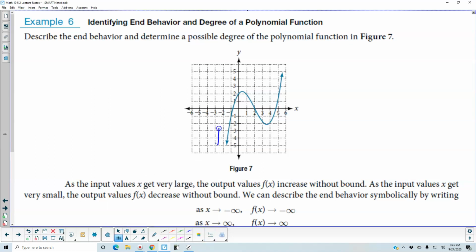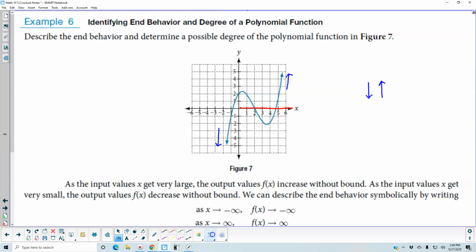can see that it's falling on the left and then rising on the right. So here is the end behavior. Okay, and then recall that when we look at this function, we can see that as the x